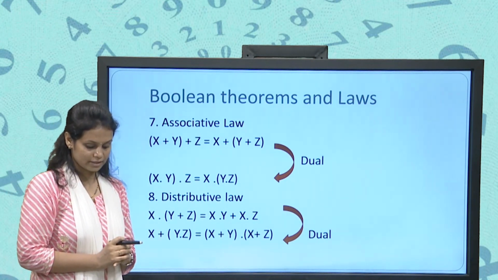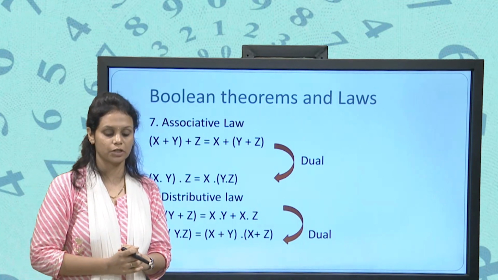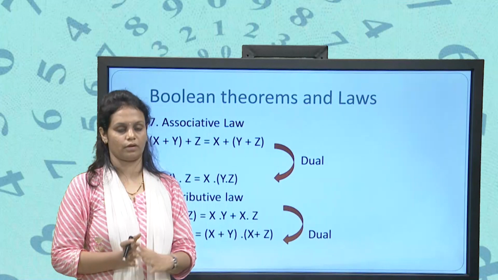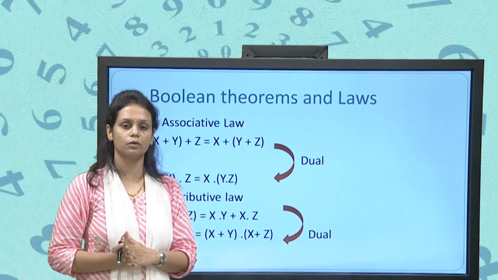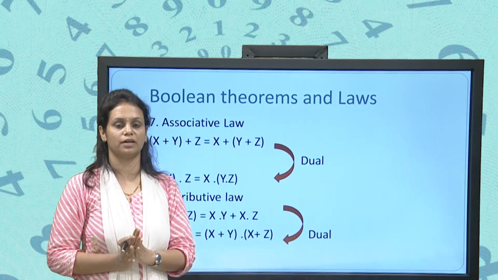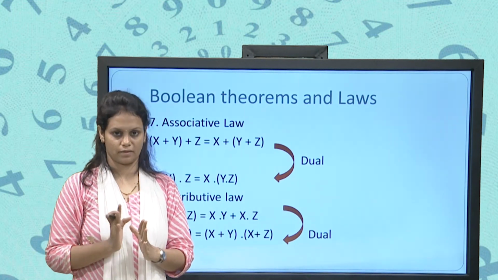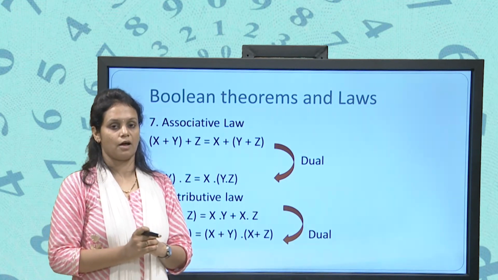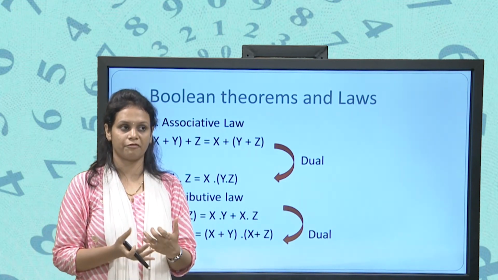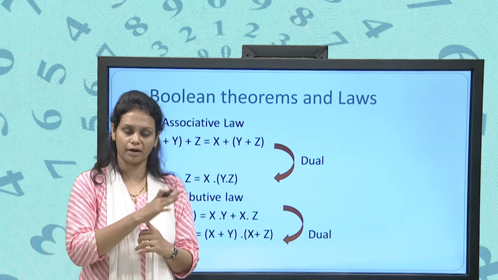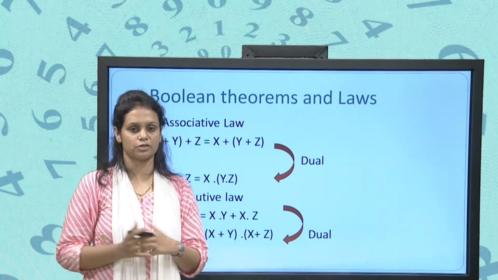Now see how some operations in Boolean algebra differ from the normal number system. For example, in the normal number system, if we add 1 plus 1, it will give the output 2. But in the Boolean algebra, if we do 1 plus 1, it will give the output 1. Because what is the meaning of plus? Plus means we find the highest element, and 1 is the highest element, so we have to find the highest element from 1 and 1. Fine. So 1 is the highest element, so the output is 1.